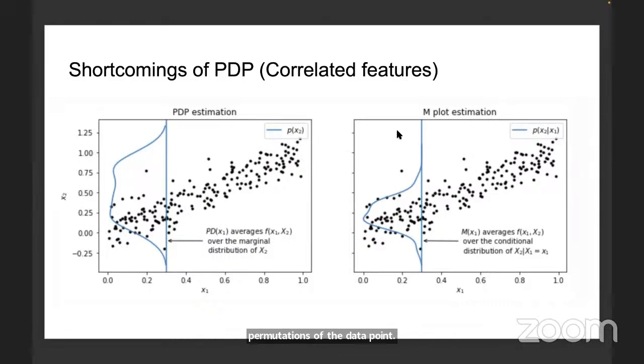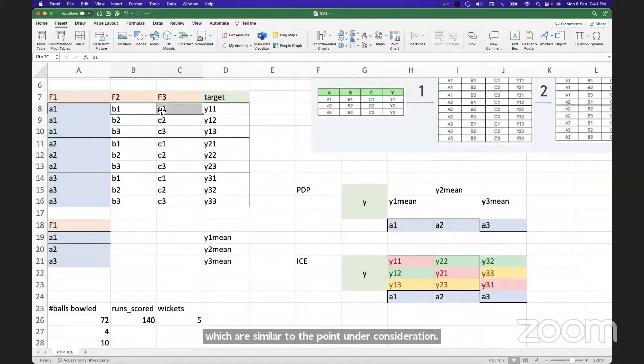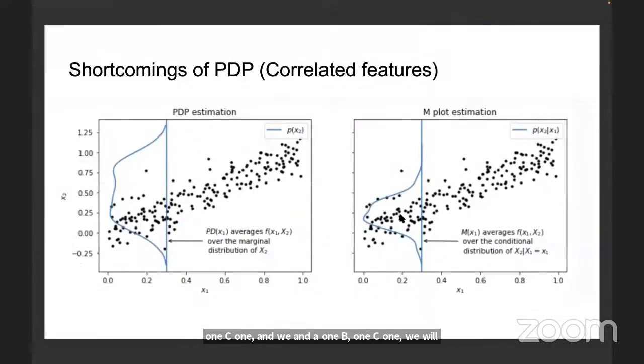Just fill in or permute the points which are similar to the point under consideration, right? So say we go back to our Excel, and if we have B1, C1 and A1, B1, C1, we will basically try and permute only the instances in the neighborhood of that point and get an average across them, correct? But this does give a slightly better output or a better curve and better representation because it's basically averaging now